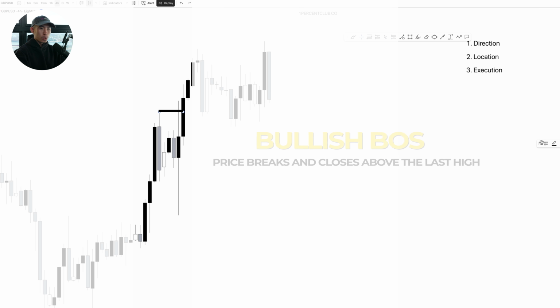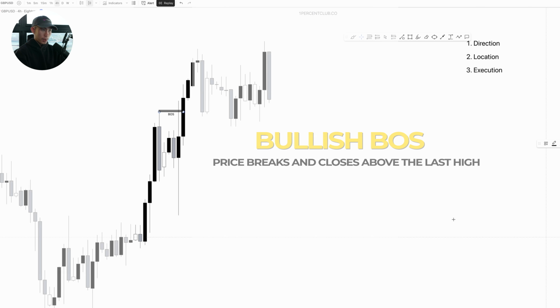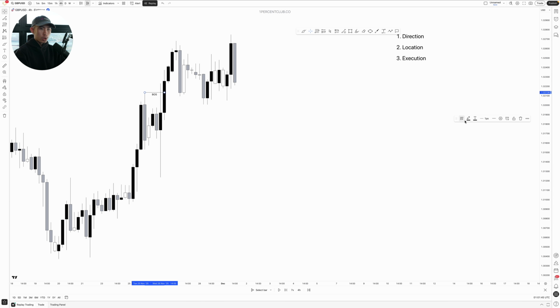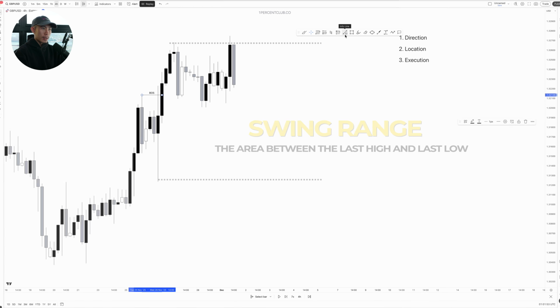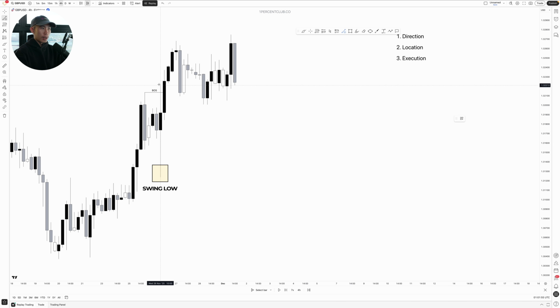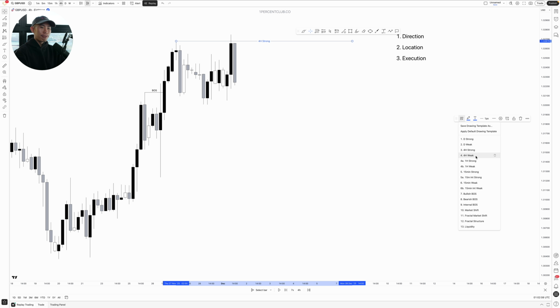and this is our most recent bullish break of structure. Now we always want to make sure that we map out the most recent bullish break of structure or bearish break of structure because we want to define our swing range. So right now, you can see this is the swing low because this is the lowest point that led to this break of structure, and then this is the swing high since this is the highest point since price started pulling back. So as a result, I can define my 4-hour swing range just like this. And once again, the reason why we define our swing range is so that we can further narrow our focus, time, and resources into a tight range, right?